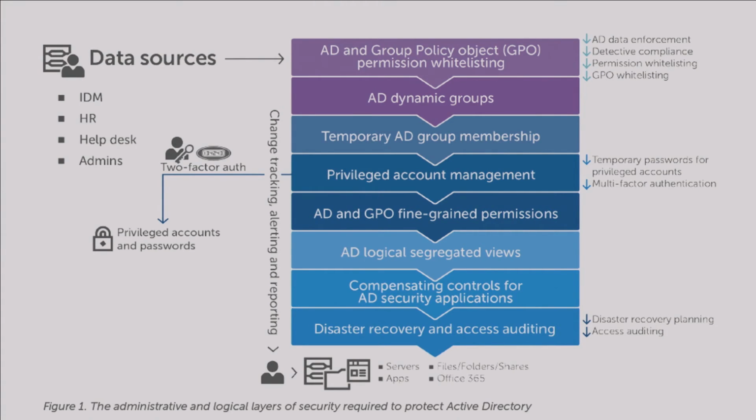Based on that, then I can create dynamic groups. Dynamic groups allow me, based on those attributes and as they change, to have people automatically added to those groups. I don't have to touch them. It's self-healing and self-correcting. The moment that person moves to the marketing department, boom, it'll remove them from there and add them to the marketing department as those attributes change, right?